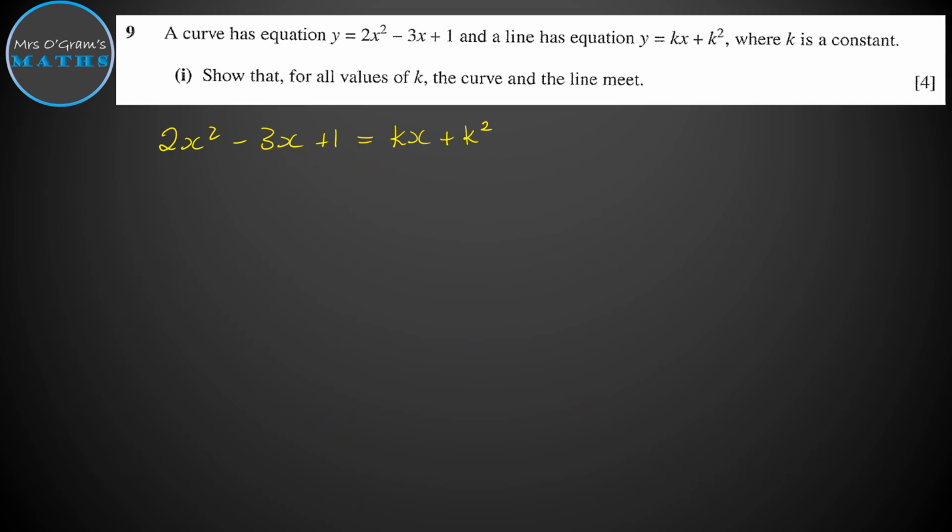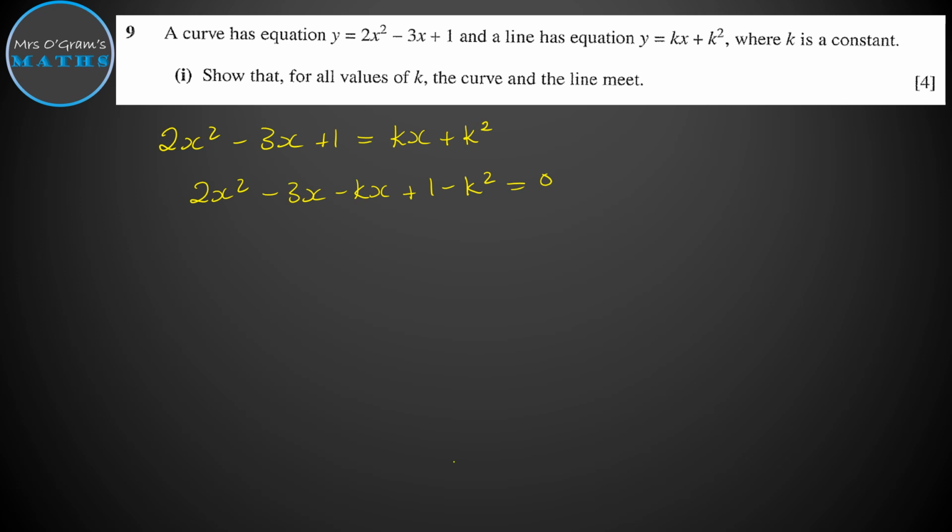So question 9 is talking about points of intersection. We've got these two equations of a line and a curve, and we're looking for the situations of their intersection. So part I is showing us that they will always meet. So we are looking for the fact that the discriminant will always be positive here. If we set those two equations equal to each other and then try to figure out the nature of the roots of that equation. So rearranging, we get this,